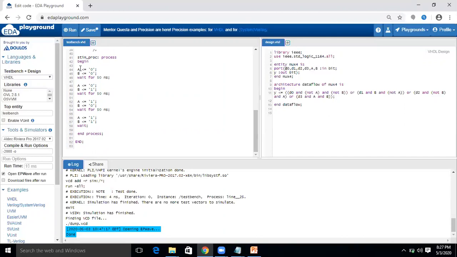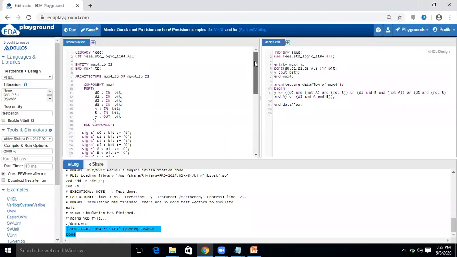Since A and B are your select lines, it will have 4 combinations: 0 0, 0 1, 1 0, 1 1, and timing constants you have to use by typing the wait command, wait for the value, and you have to end the process at last using the end process command.